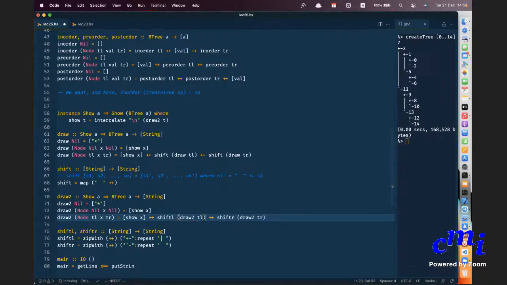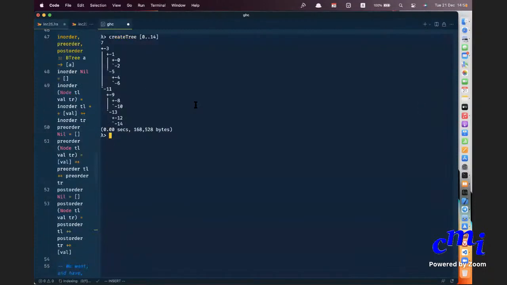One second. Yeah, it's a little messy, but I hope this still makes the point. It's a little cramped.